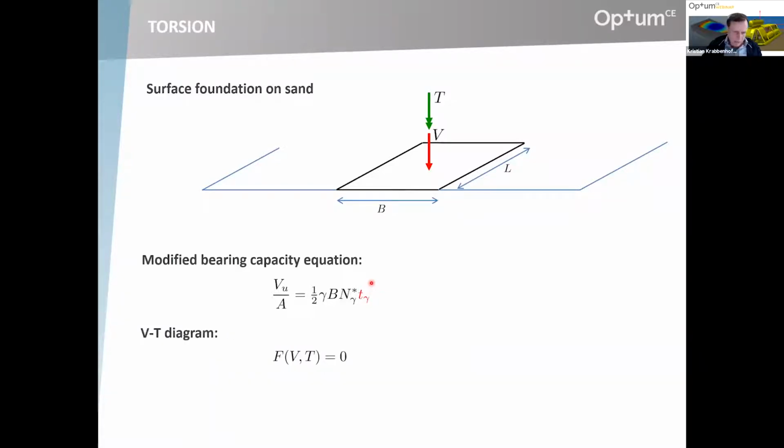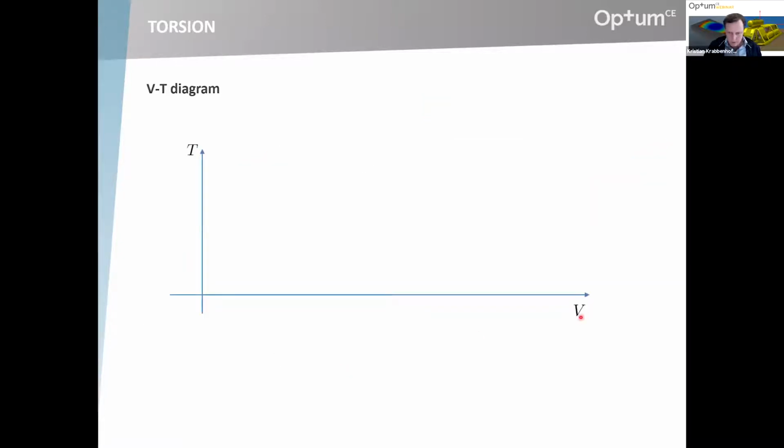And then, so this torsion factor would be one way of characterizing the effects of torsion on the vertical capacity, but another way would, of course, be to construct the VT diagrams. So to identify the combinations of vertical force and torsional moment that lead to failure. So if we draw it like this, V out here and T on the y-axis, well, we know that